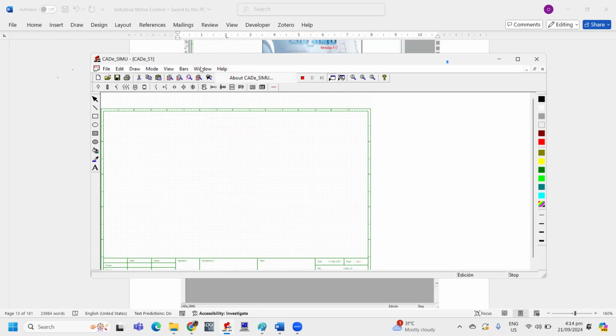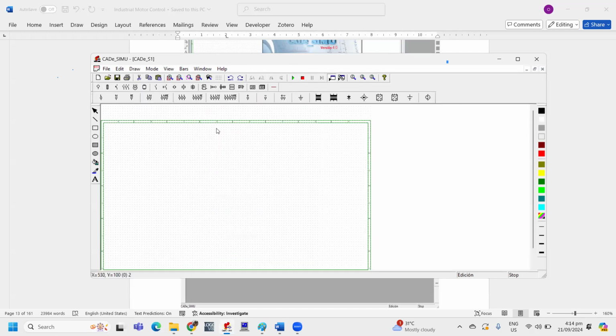The next is the window. If you click a new window, you can also cascade, you can also arrange the icons. What is next? The next thing is if you want to create a simple circuit diagram, just be familiar with this kind of symbols, the symbols for electrical circuits. These are the common symbols here in creating your design circuit.